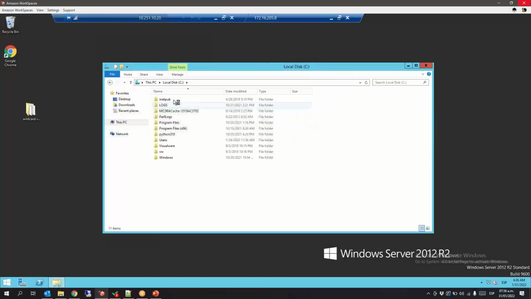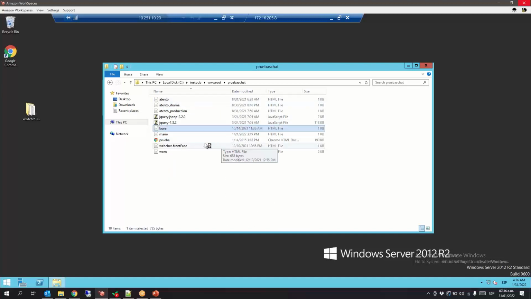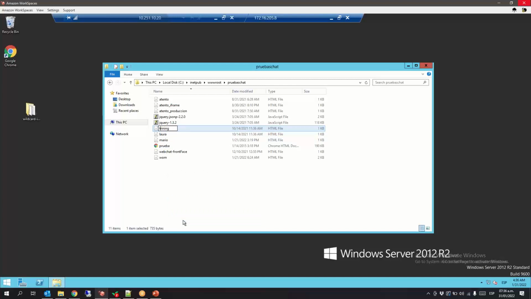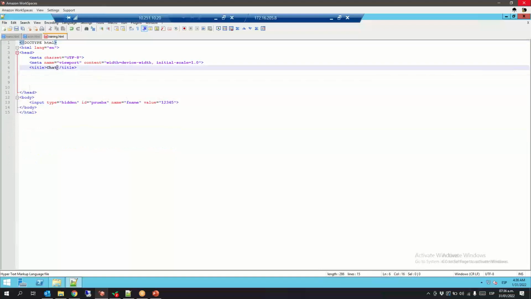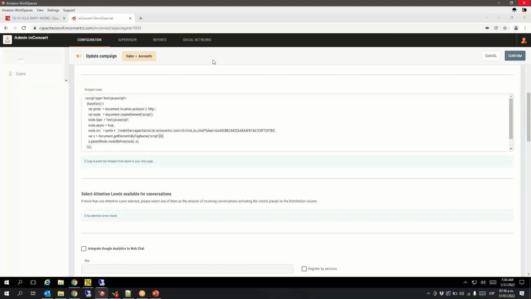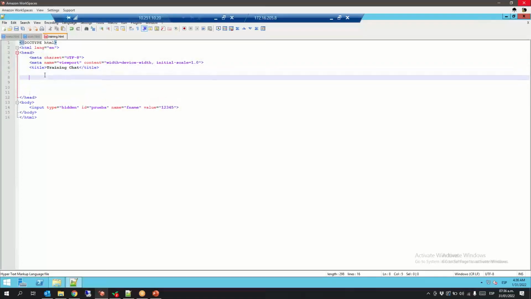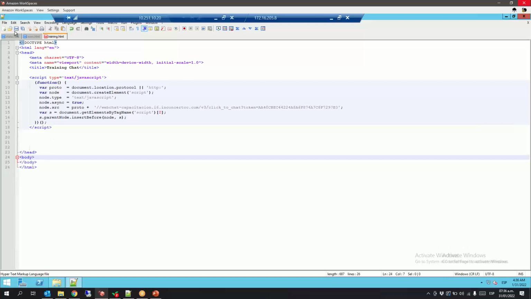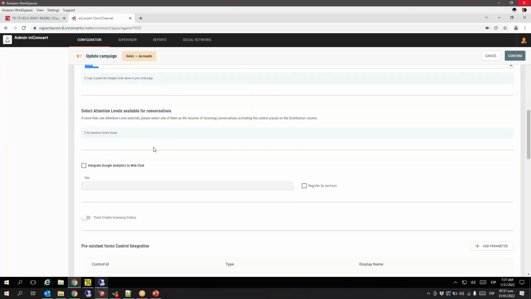Okay, so I have here a web server, right? I'm going to, for example, training chat. I'm going to select here and I'm going to paste this here. Okay, here's where I want to select the attention levels for the campaign and which one will get all the inbound interactions. Okay,